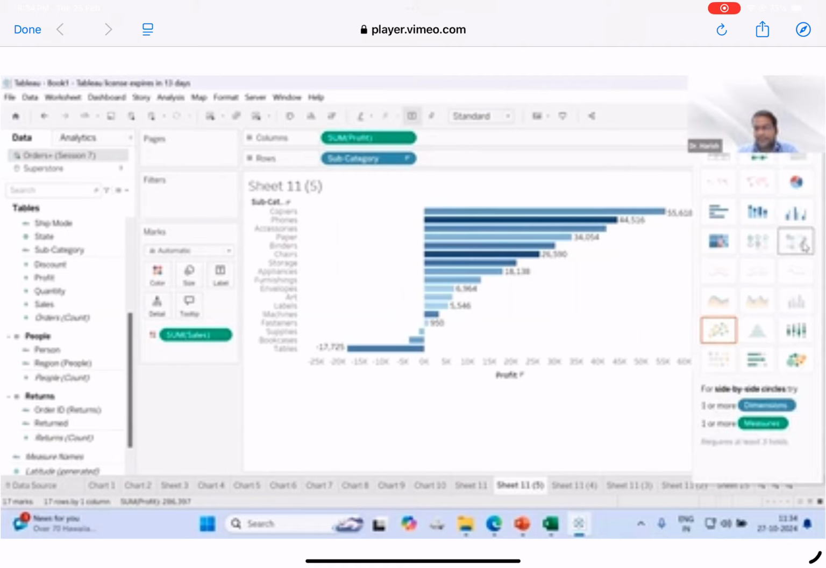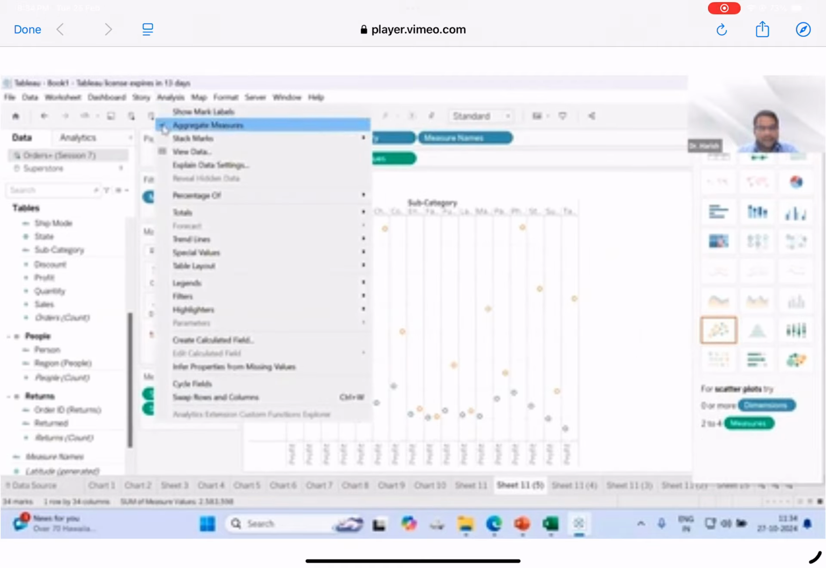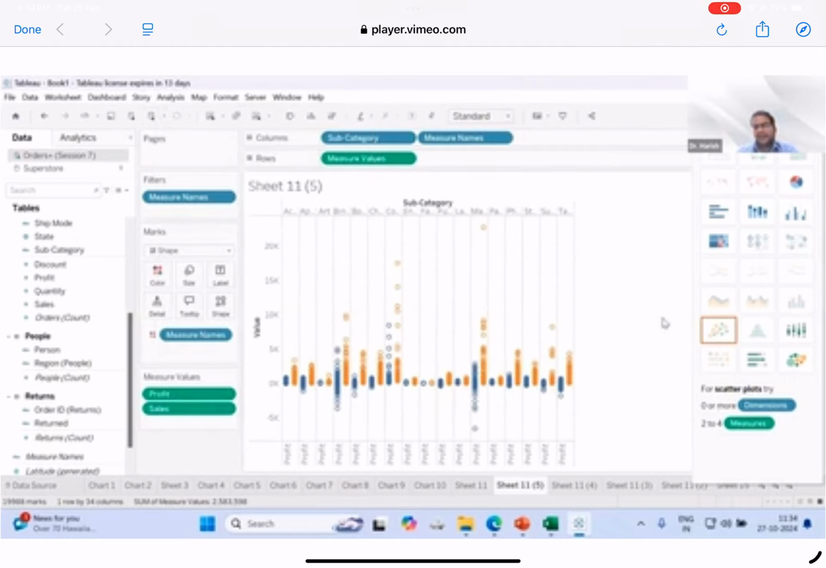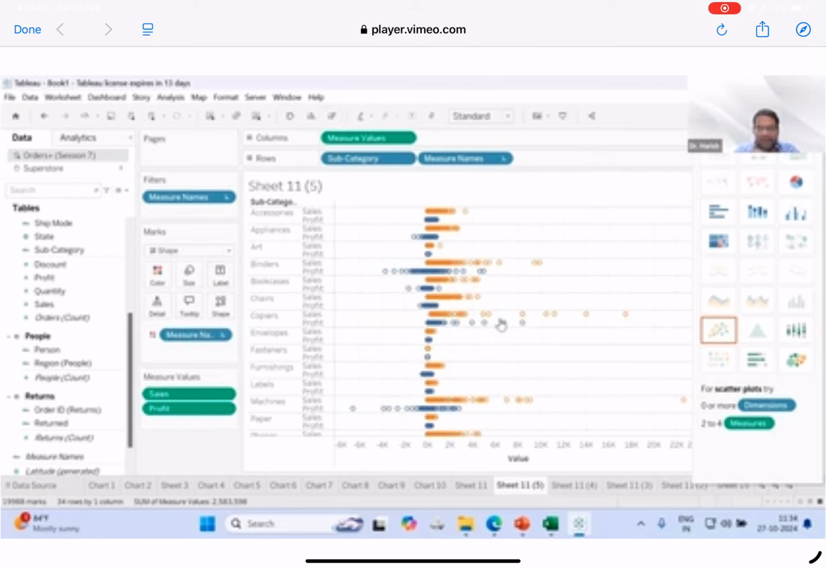a side by side circle like this. In this case, for analysis, I have just unticked aggregated values so that it can show that. If I reverse or transpose this, I'm making use of transpose. So what earlier it was saying, or let me sort it as well, right? Earlier it was showing us that